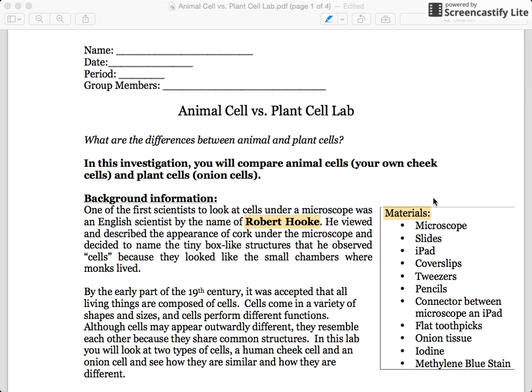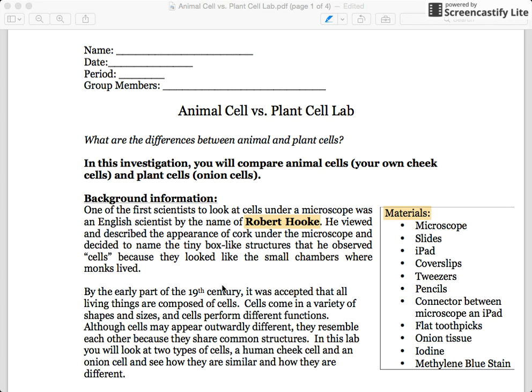Tomorrow you're going to be doing a lab on the animal cell and the plant cell, and the overarching question of this lab is, what are the differences between animal and plant cells? So in this investigation, you will compare animal cells, or your very own cheek cells, and plant cells, or onion cells. So some background information on the lab, or on cells in general, is that one of the first scientists